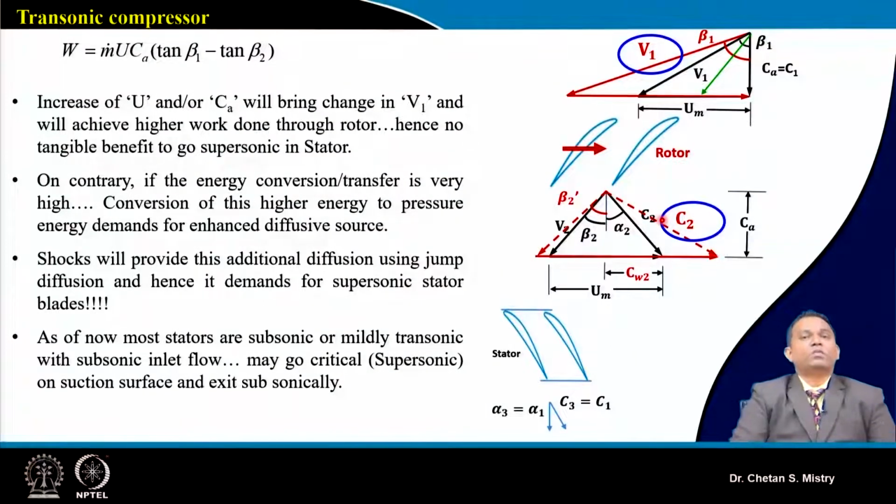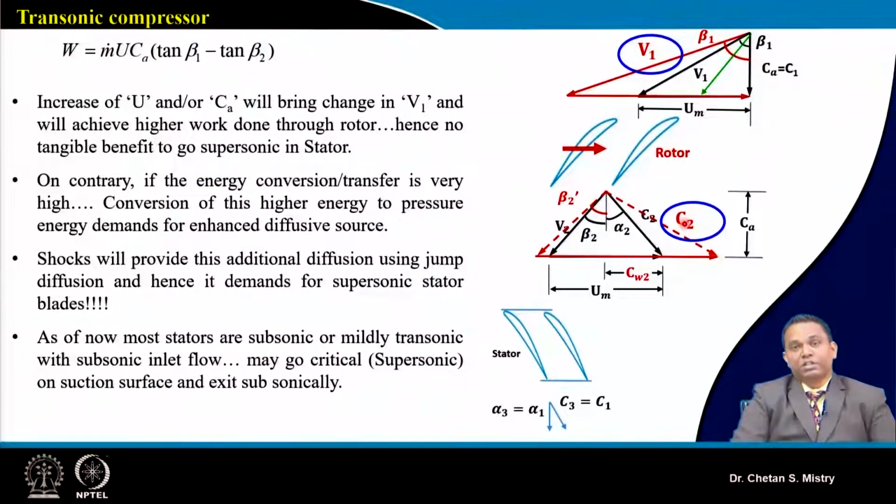Now, as we have discussed, we are expecting our work done to be larger. When we expect our work done to be larger, one of the options we have opted for is increasing the rotational speed. Suppose we are increasing our rotational speed. When we increase our rotational speed, my flow will go supersonic at the entry. Now the flow coming out from my rotor will have some absolute velocity component. So when I am expecting very high diffusion to happen from the rotor,